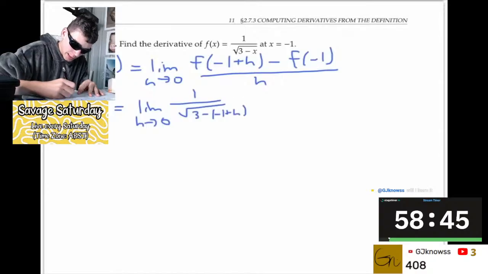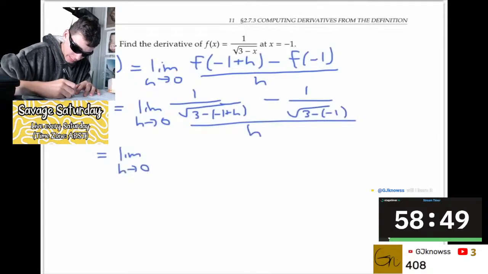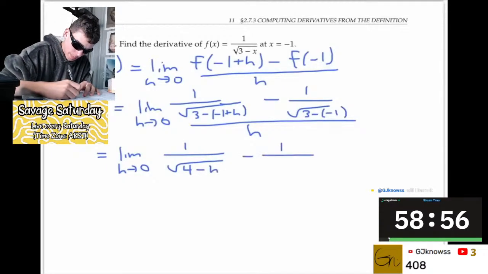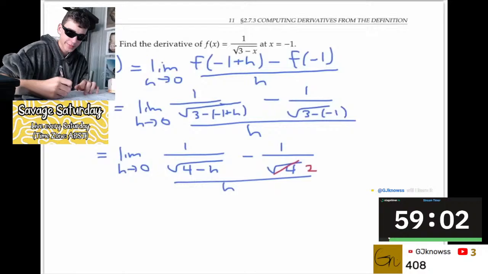Negative 1 plus h minus 1 over the square root of 3 minus negative 1, all over h. Let me clean this up a bit. So this is 1 over the square root of, let's see, 3 minus negative 1, so that's 3 plus 1 or 4, minus 1 over the square root of 4, over h. And I guess I can replace the square root of 4 with 2. Now, unfortunately, I can't just evaluate this by plugging in h equals 0, because if I try that, I get